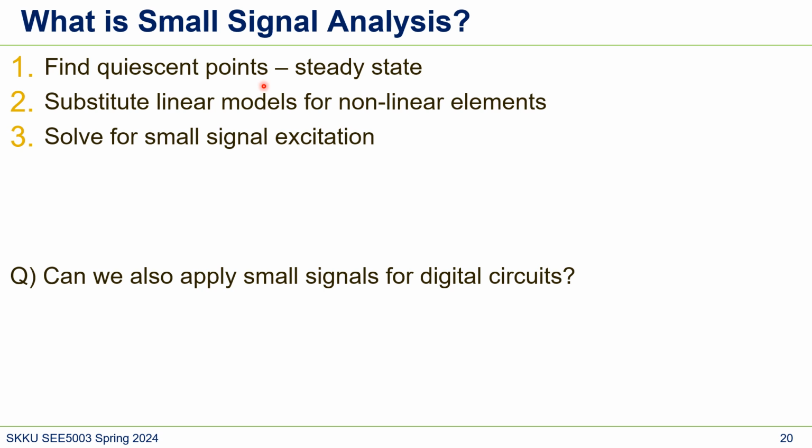Some circuits, like for example a ring oscillator, don't show quiescent points. But for just an amplifier or a current source, most of the time they operate steadily. They are not changing their current or voltage that much. So we will find a steady state of the circuit, and then at that point we will replace